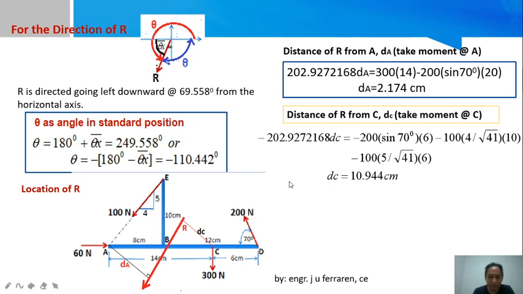And if I have the horizontal component, this one, this is 4 over square root of 41. 4 is horizontal, so this is the horizontal component of 100. So 100 times 4 over square root of 41, then the distance of this, since it is also horizontal, 10 is actually the perpendicular distance to C. So I'm using 10 for the distance of the horizontal component here. The vertical component is parallel to 5. That is why we have 5 over square root of 41, and the rotation is still